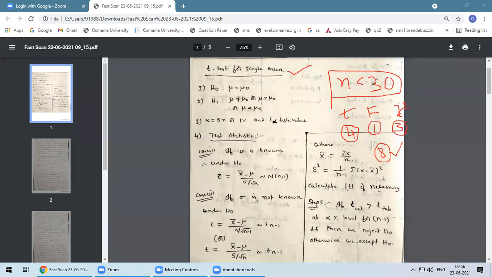What is the difference between large sample and small sample? In large samples you will have only the Z formula. In all the problems you identify the Z equal to formula. But in small samples, based on the test, you will get the formula. If it is a t-test, you will get t equal to; I will explain this formula later on. F-test means you will get F equal to, and chi-square test means you will get chi-square equal to.